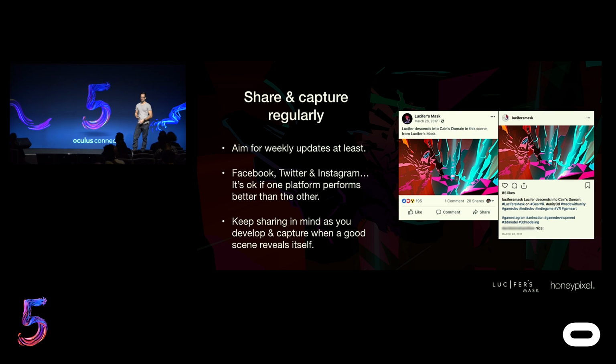It doesn't mean that every weekly update needs to be a brand new trailer or brand new level or anything like that. You can talk about UI, or you can talk about optimization and things like that. In terms of where to share, Facebook, Twitter, Instagram, in my opinion, it doesn't matter where you share. You should share to all of them, because you might find your audience is different on each one. For example, on Facebook, a lot of people are very interested in the story and the